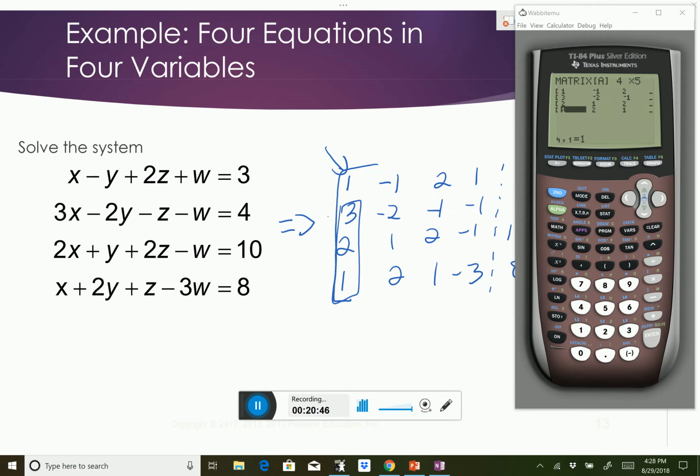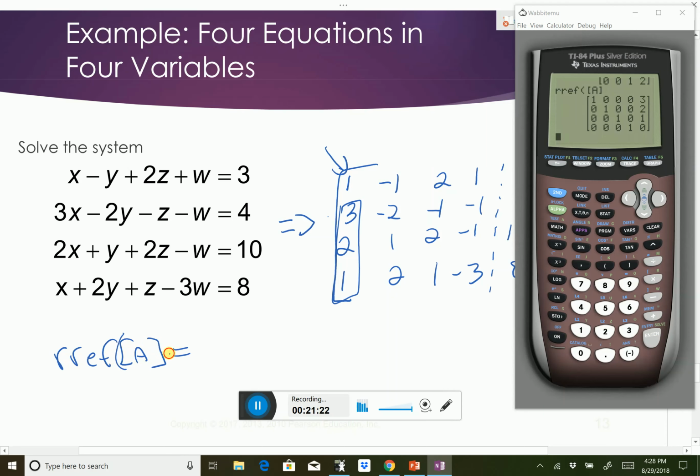Okay, so once your matrix is in, I like to quit out of this. So go back to matrices, go to math, go down to reduced row echelon form, which is also alpha B, so it's alpha apps if you really want to do that. And I'm going to put in matrix A again. Hit enter. There it is. So I go rref of A, and then that equals